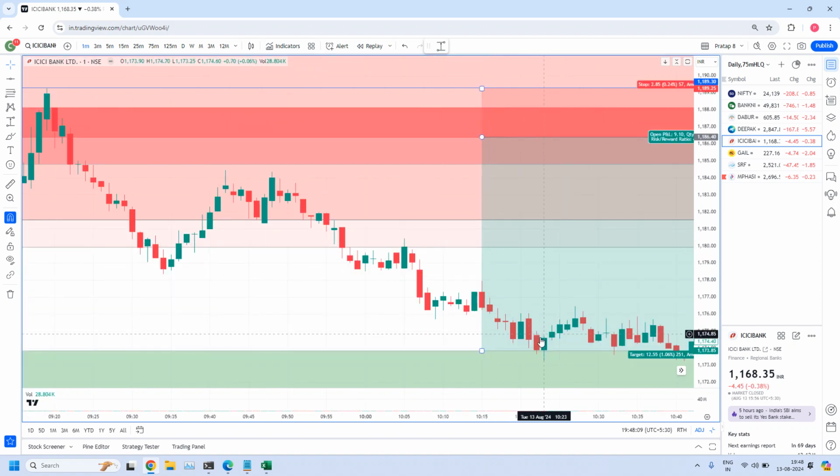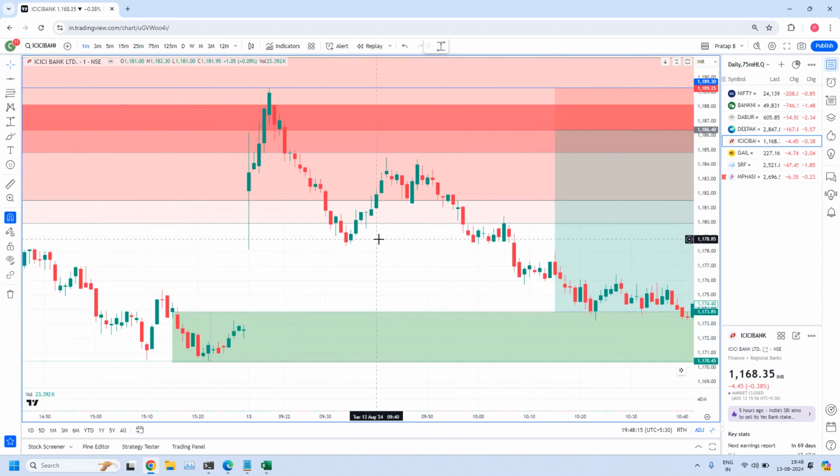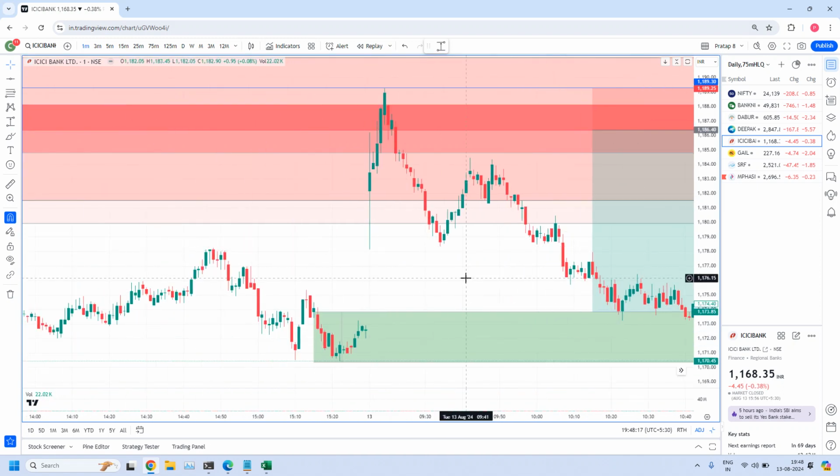So in which candle did it reach the 15 minutes target? The 10:22 candle, it reached the target. But here is the point you should remember: those who have taken an ICICI Bank trade would not have taken a DEEPAKNTR trade on the same capital. If you are using different capitals, one for ICICI Bank and sufficient capital to take a DEEPAKNTR trade, that is a different story.